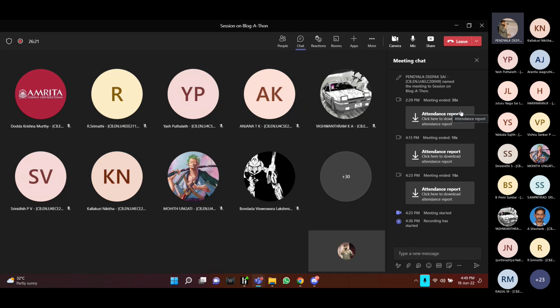Then you can get technical knowledge if you're working for a technical blog, for example our Blog-A-Thon. And then through these blogs, you may connect to new people. If someone from other countries, foreign countries, may like your blog, and then they will connect with you for further developments or research, something like that.